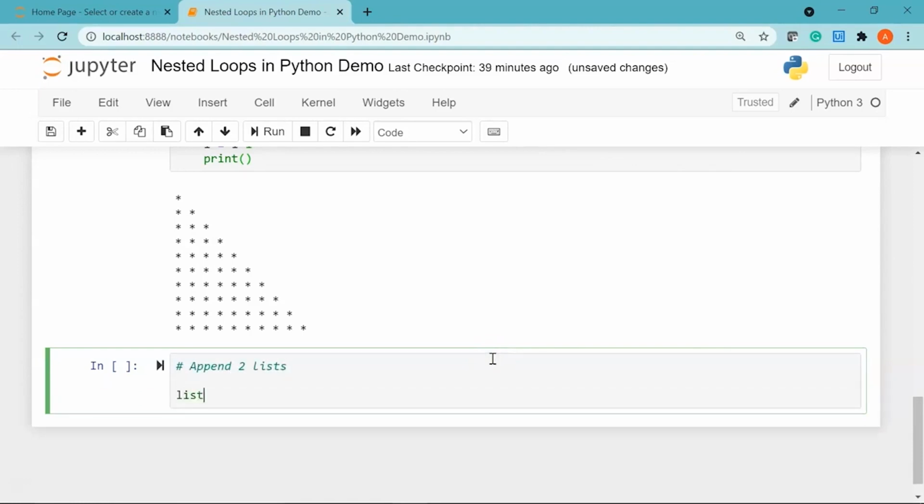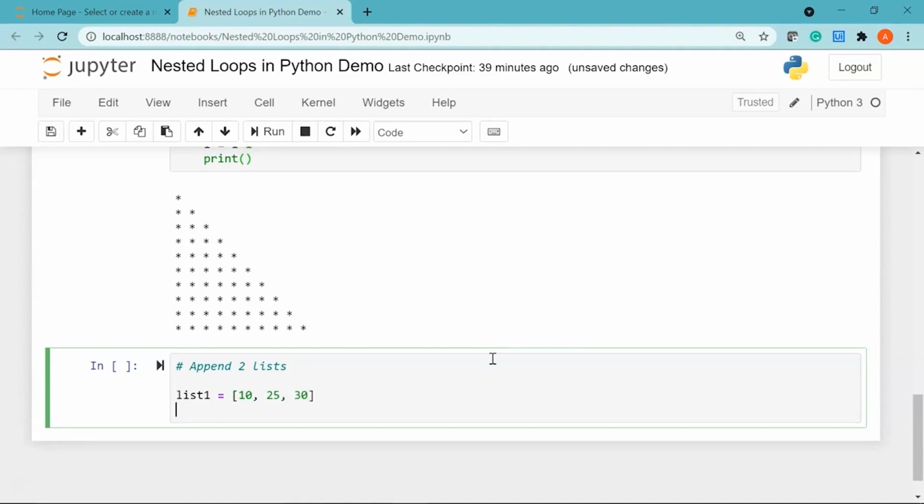Okay, so first I'll declare my list 1. Now these are lists of numbers. Let's say I have 10, 25 and 30 as my elements in the first list, and then I'll declare my second list which will have, let's say, 60, 15 and 50.